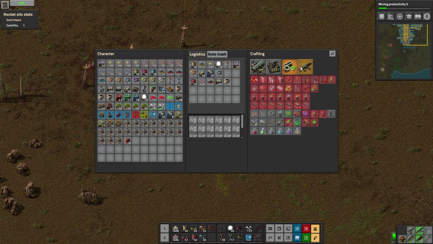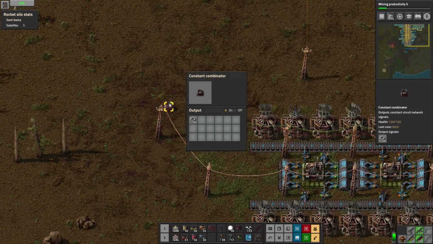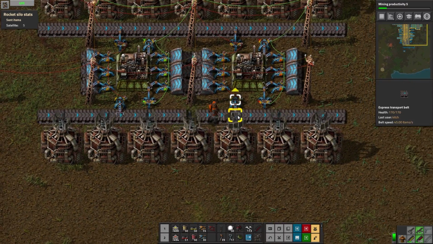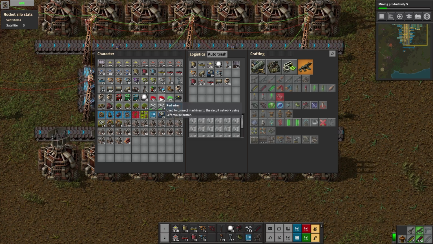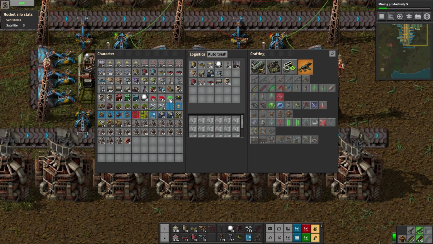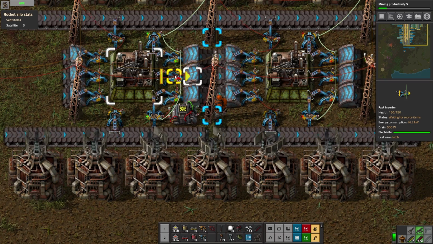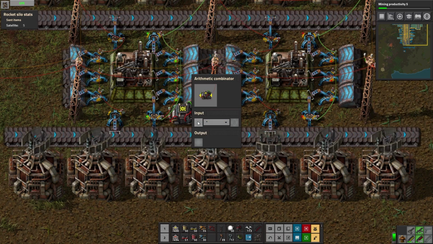I could set that to like a variable instead of that. I could say one of those things, but I'll never remember what that is. So instead, let's take a combinator. An arithmetic combinator. And we'll take that down and feed it into the back of that. And then we'll feed that into all of those inserters. And what we'll do is we'll take